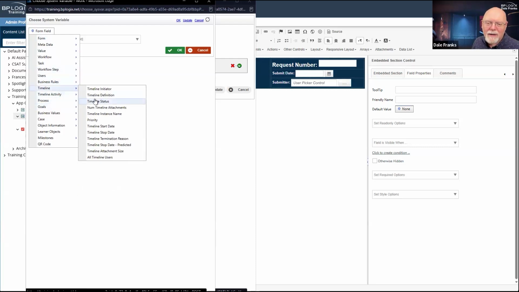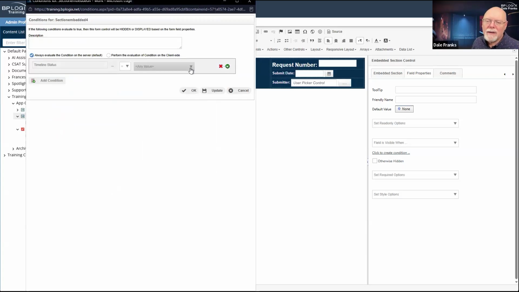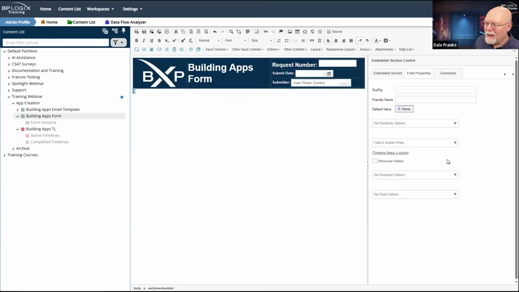Timeline, there it is. Timeline status is active. And otherwise, I want this section hidden. So I only want this section to appear when the timeline status is active. Okay, cool. Now I can go ahead and add those items onto the screen.